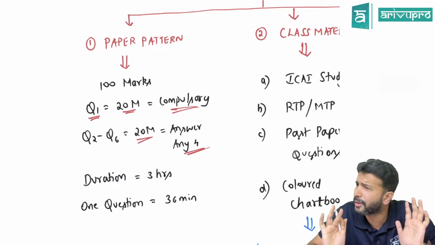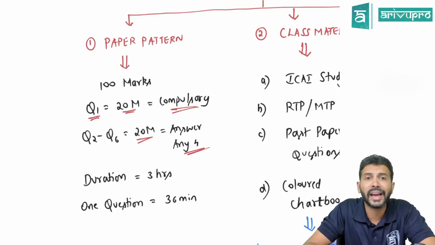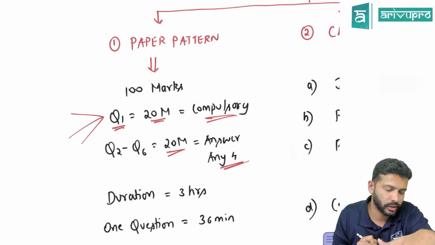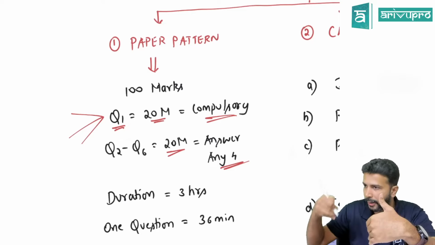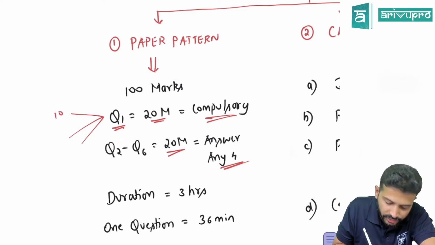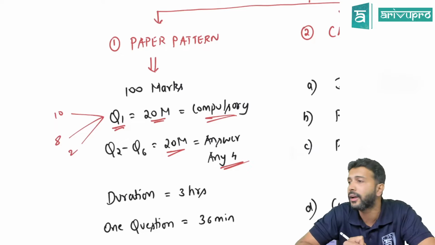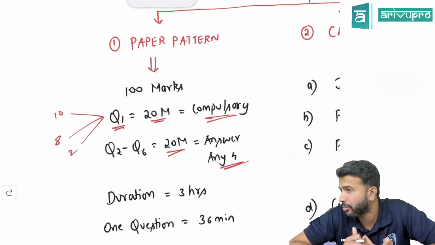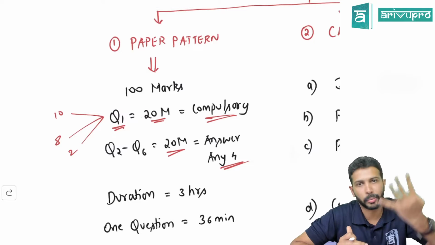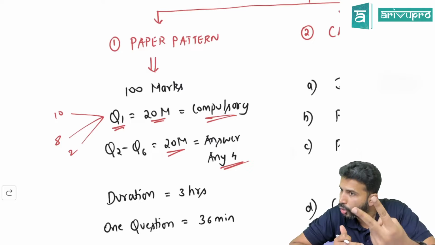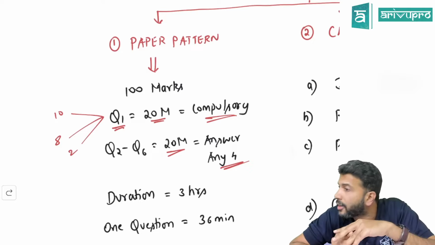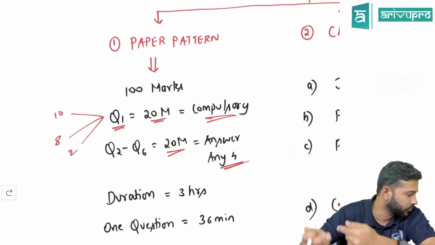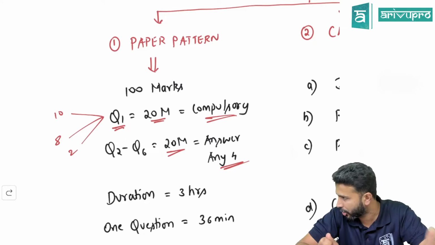Simple funda. That does not mean you only have 5 questions, sir. Each question could have some sub parts. Like question 1 can have 3 parts: the first part could carry 10 marks, the second part 8 marks, the third part 2 marks. Like this, a split could be there in each question. How the split comes is ICAI's choice. It could be 4 splits, or only 2, or just 1 question straight away for 20 marks. ICAI will decide. That is their choice, and it varies from attempt to attempt. We don't have to worry too much about that. Are we clear with this?